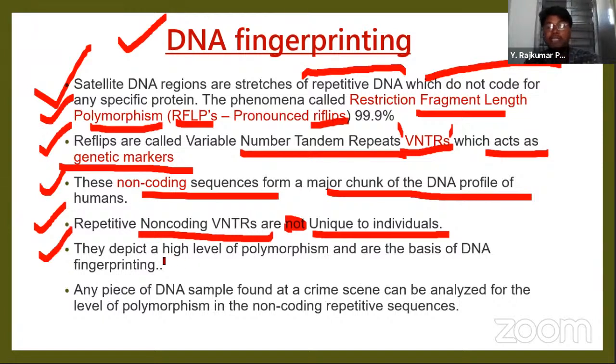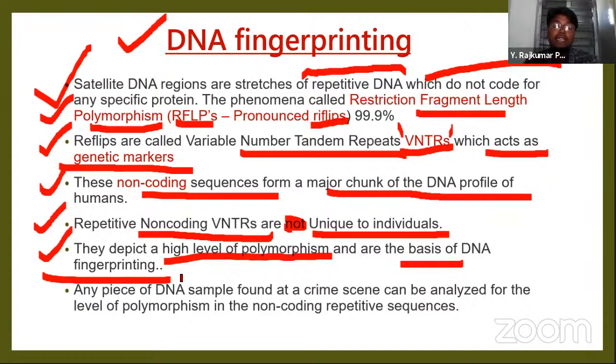They depict a high level of polymorphism, and they are the basis of DNA fingerprinting. Any piece of DNA sample found at a crime scene. Suppose a murder happens at one place, so they take different DNA samples, isn't it? DNA is present in the cells, so they take all the samples where they can find the cellular